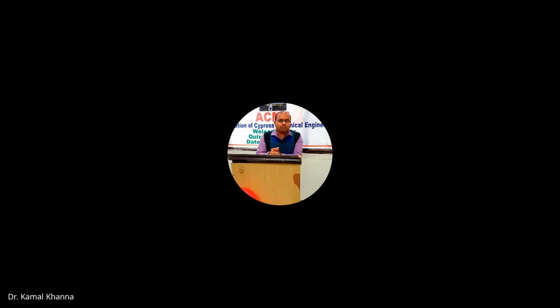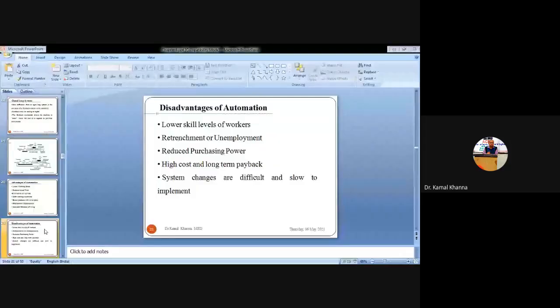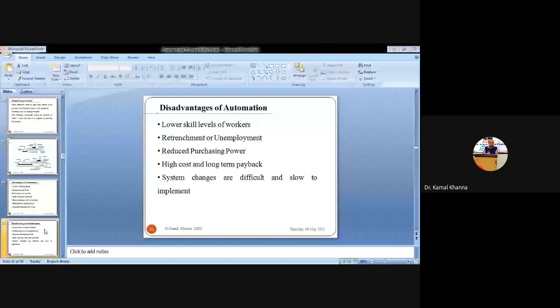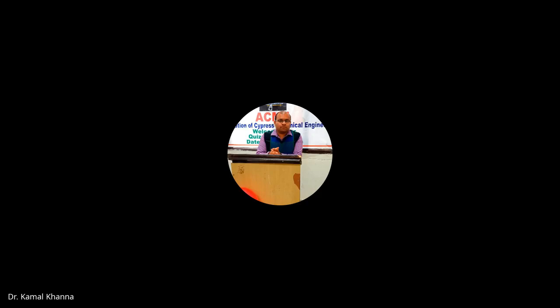So there are always chances of unemployment and lower skill levels of workers; they may be fired from the industries and not find suitable jobs. The society which is not skilled, which has no sources to learn about CNC machines,